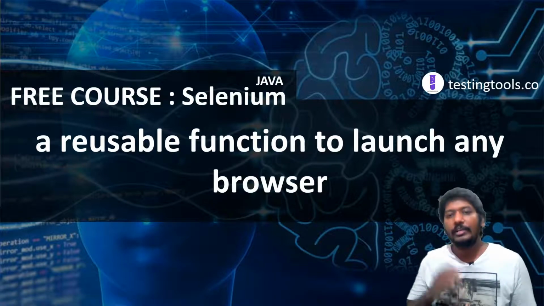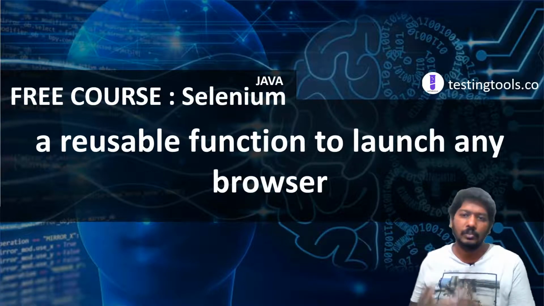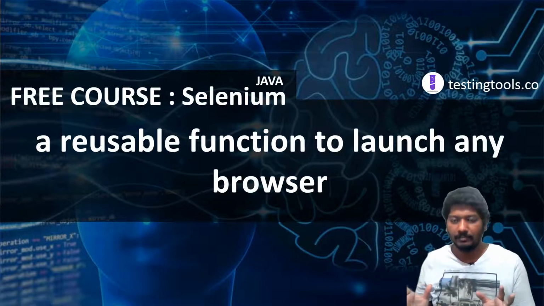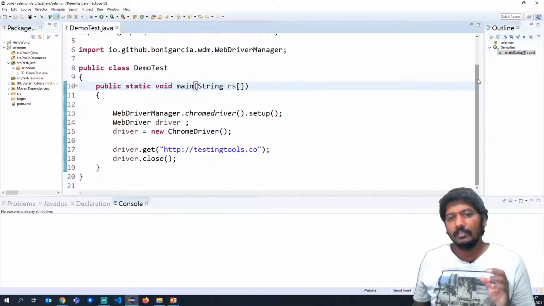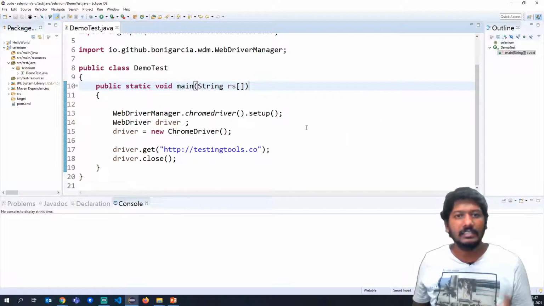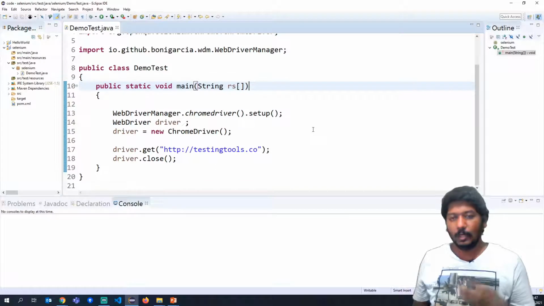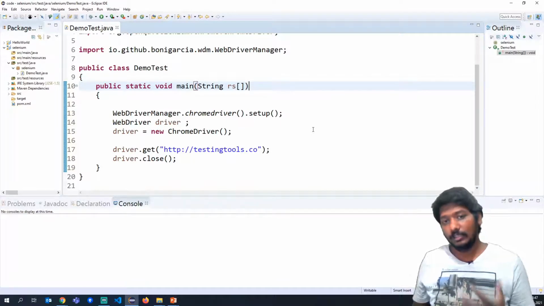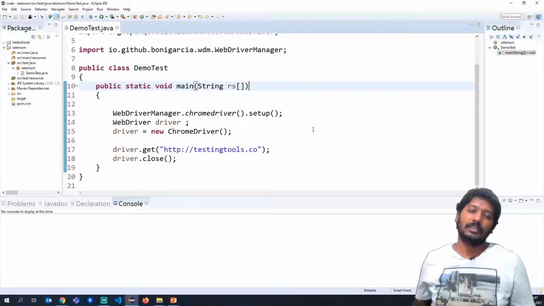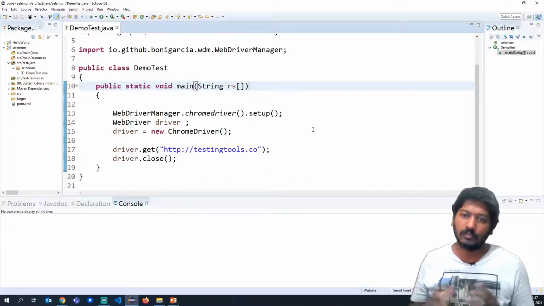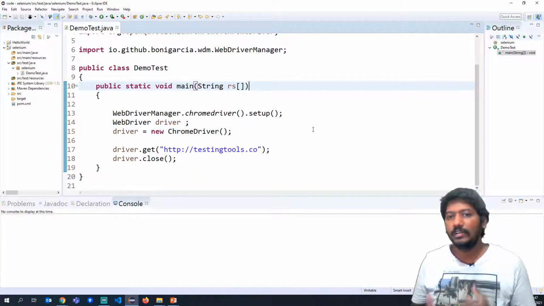But if you keep on writing the same piece of code in all the scripts, like for example, let me show you. Here we have seen that we have to write these 4 to 5 lines of code so that the browser is launched. In hundreds and thousands of scripts, if you have to keep writing these 4 lines of code, it is not a good approach.